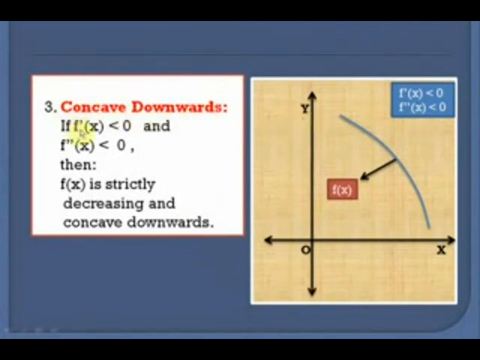The third kind of strictly decreasing function is concave downwards. Now for this to happen, f dash x should be less than 0, which is actually the required condition for a function to be strictly decreasing, and f double dash x should be less than 0. So if these conditions hold, then f(x) is strictly decreasing and is concave downward. So let's see the graph of it. This is the graph of y equal to f(x), and we see that this is concave downwards. So if f dash x is less than 0, then it is a decreasing function, and if f double dash x is less than 0, then it is concave downwards. That is, it opens